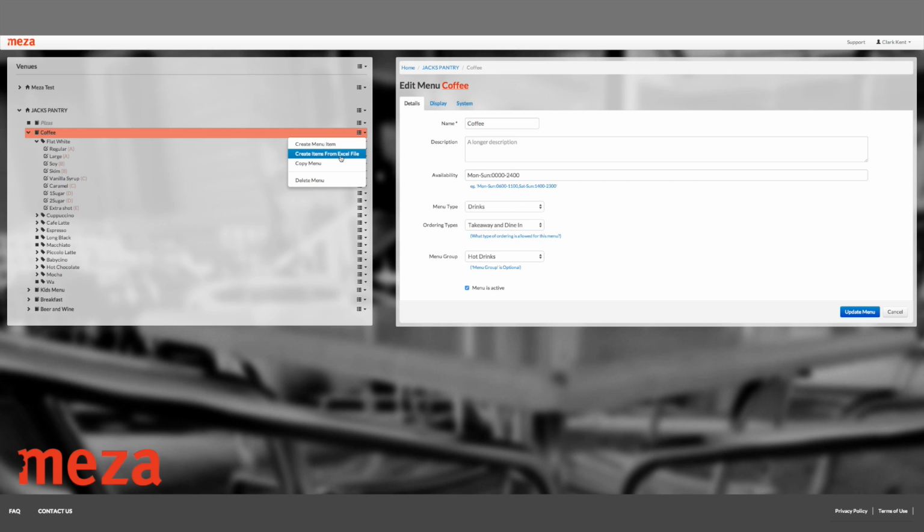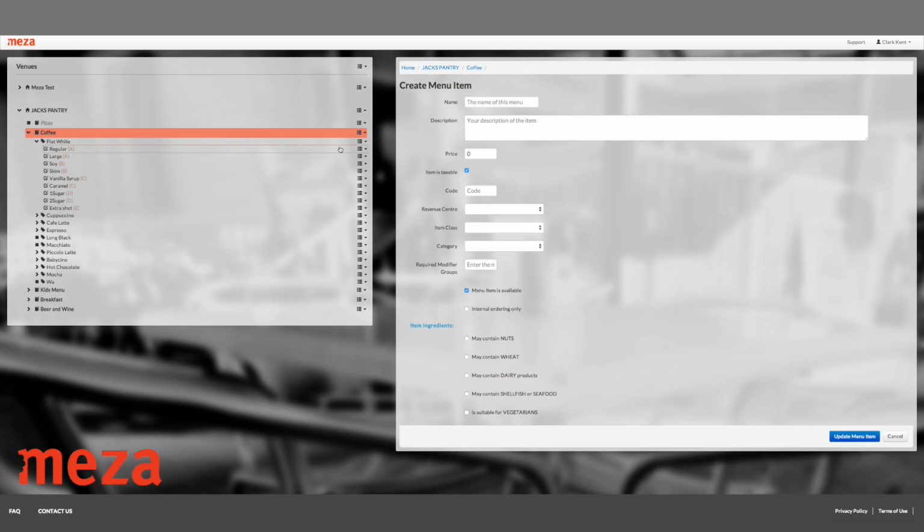You can also import them from Excel if you want to as well, or you can copy this menu to another place or another venue that you might have under here, or you can delete it altogether. So if we want to create menu items, if we want to have a chai, for example,